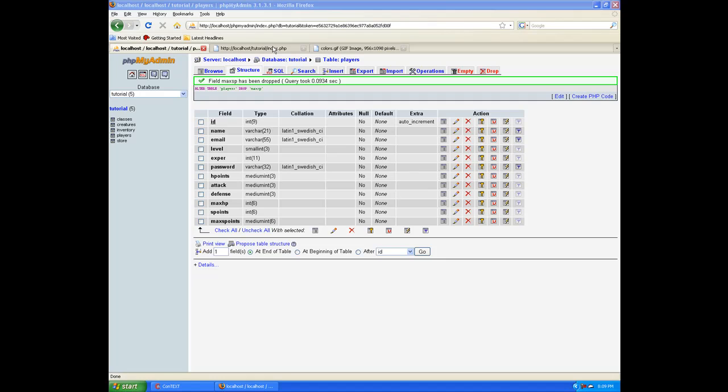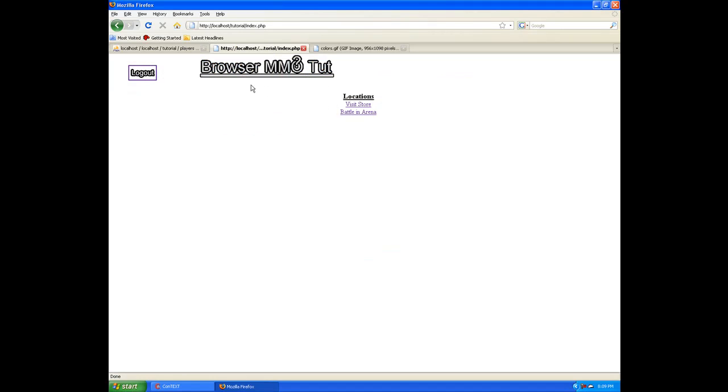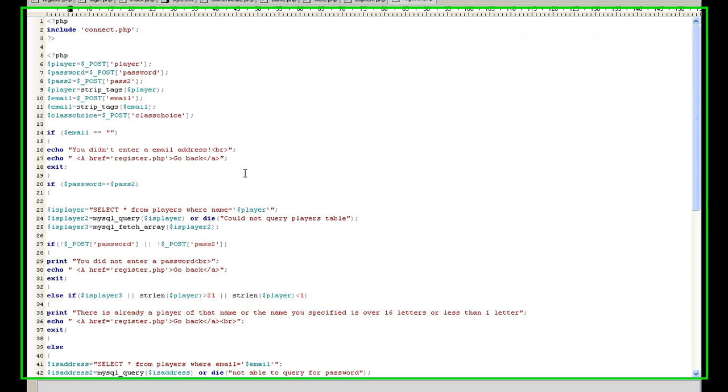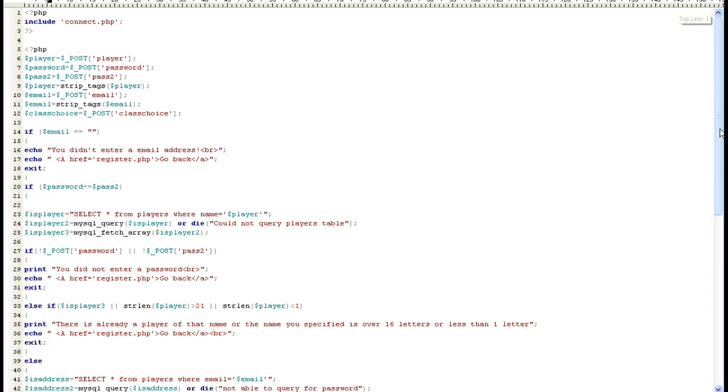This is where we're going to create the new index, which is right here. I went ahead and logged in, and you can now see we have these two locations here. Let me just show you how to do it. It's really easy, and I'm sure you could even figure this out on your own. It's so simple, but I wanted to start it so later on we can make